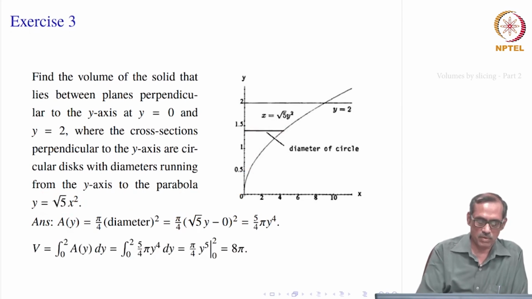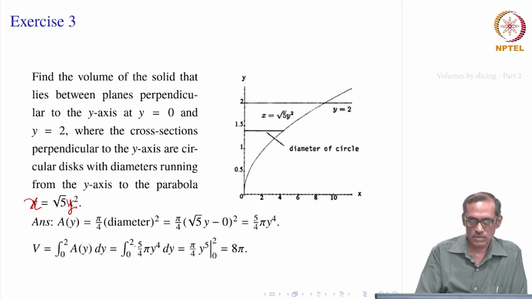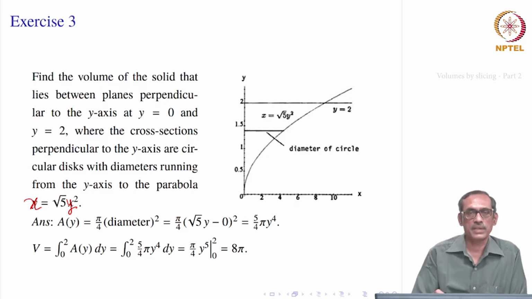That volume will be equal to the integral from 0 to 2 of A of y dy, already y equal to 0 to 2, 5 by 4 pi y fourth dy. So, y fourth gives you y fifth, and we have pi by 4 evaluated from 0 to 2. So, that gives you 8